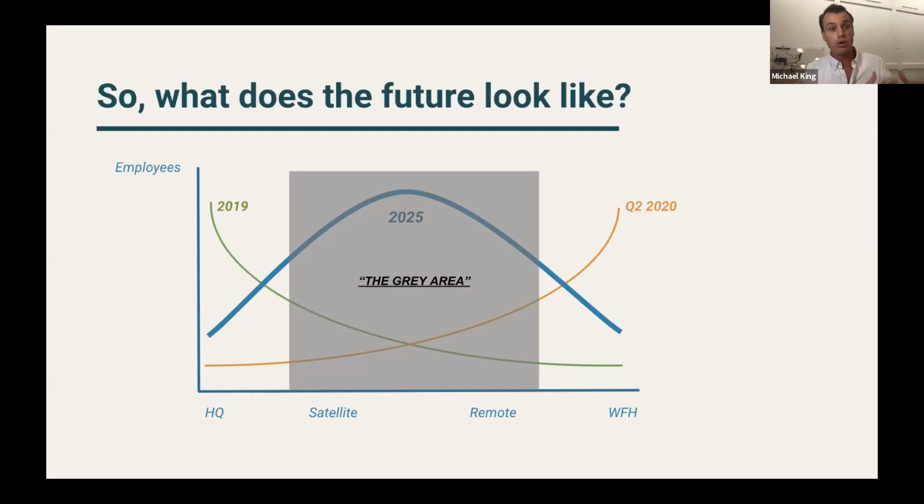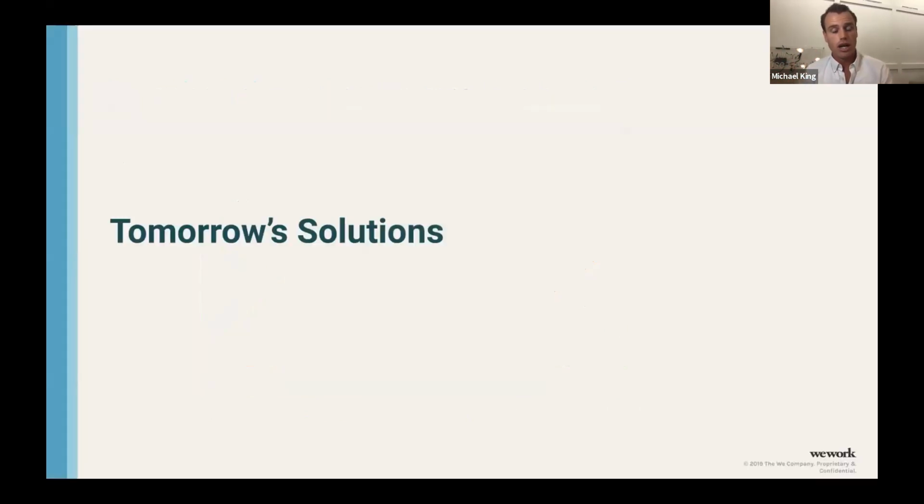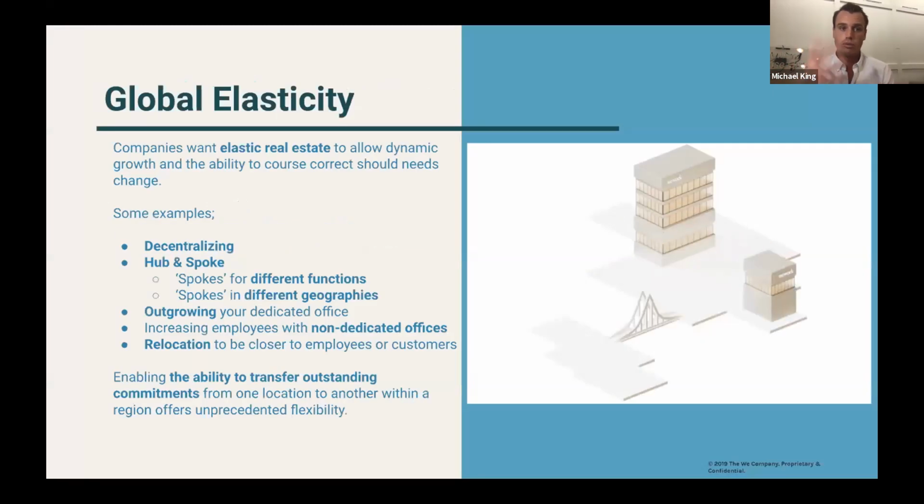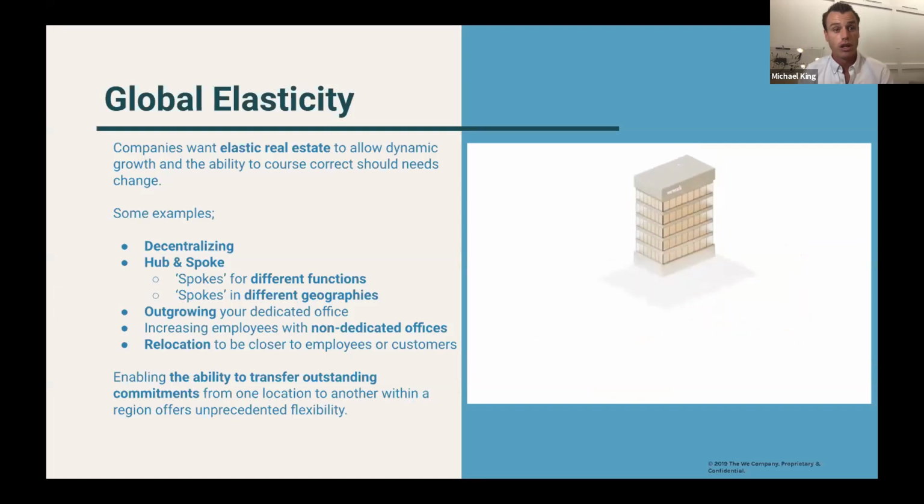How can we let corporate companies spend all their time and energy focusing on what the design of the headquarters looks like? They can focus on what technology they need to implement for those employees that are working from home. And companies like WeWork can help solve that grey area, which is probably going to face the most amount of change in the next few years. Tomorrow's solution, and it's the same thing I'm sure we're going to be speaking about for the rest of this webinar, but